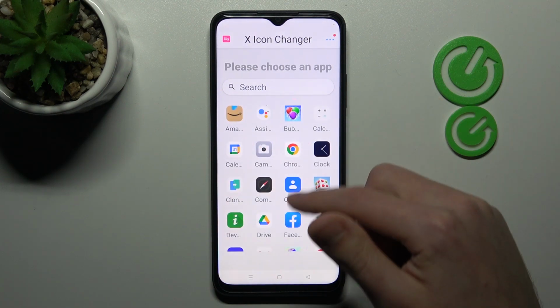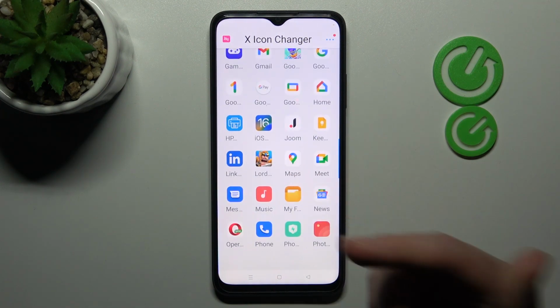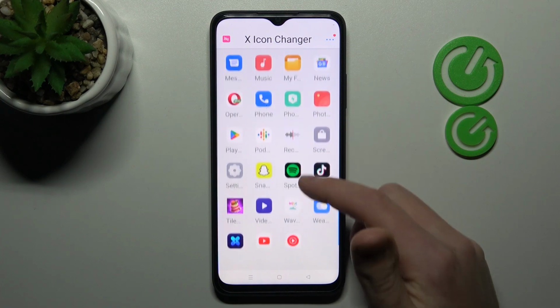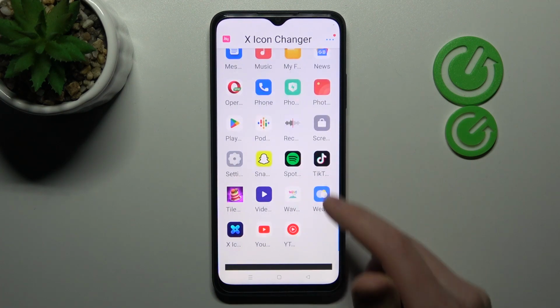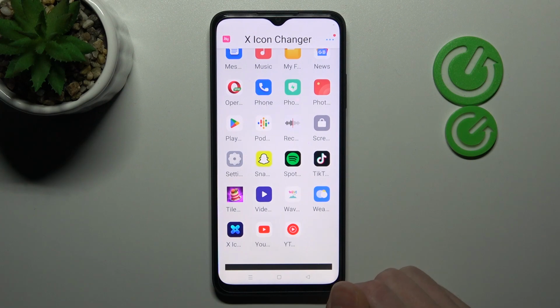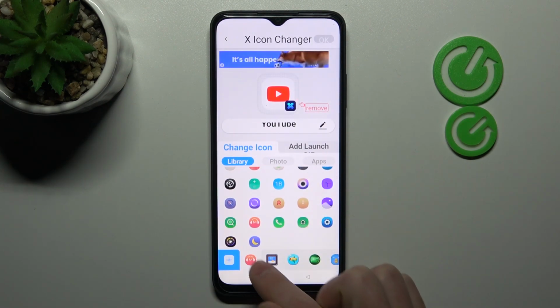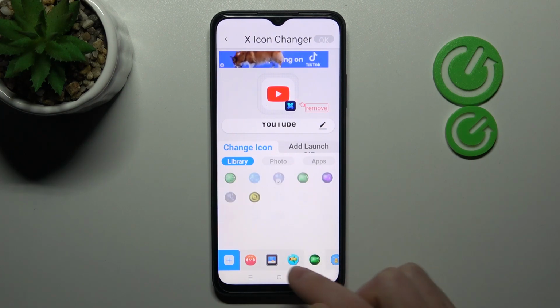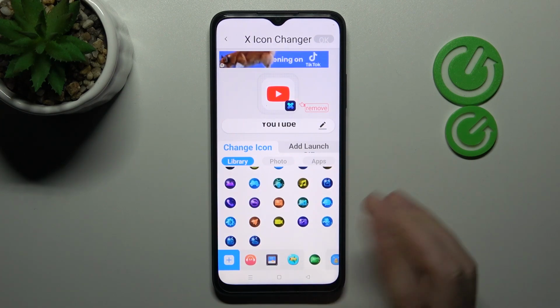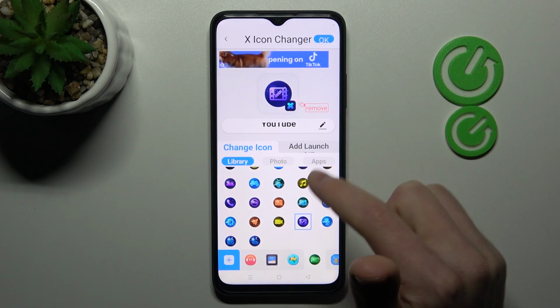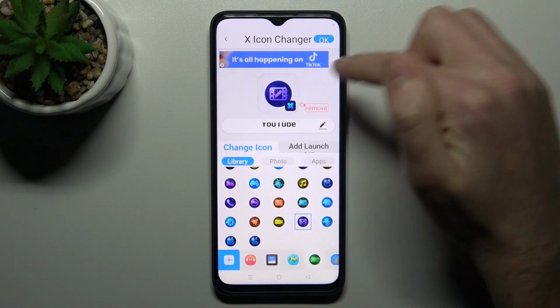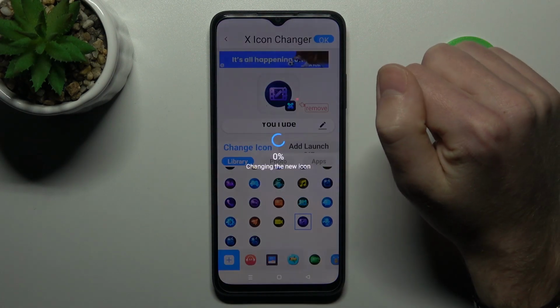Now from the list of apps, choose the application you want to change. So maybe it's YouTube, that will be nice. So choose our application, and now from the library of new icons, choose some new icon. Maybe this one. Okay, and now for saving this icon, tap the OK button in the top right corner